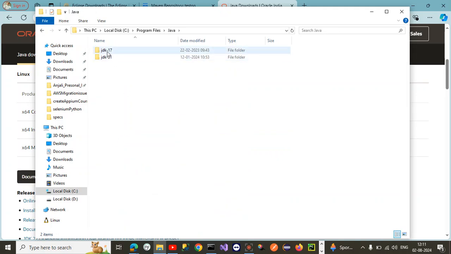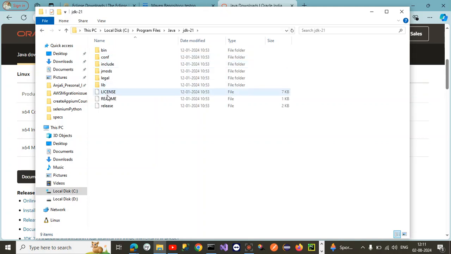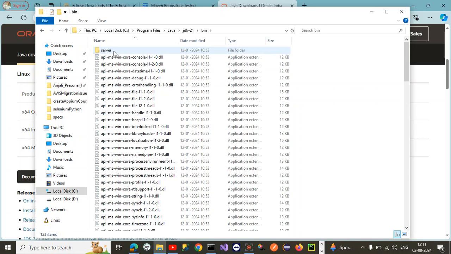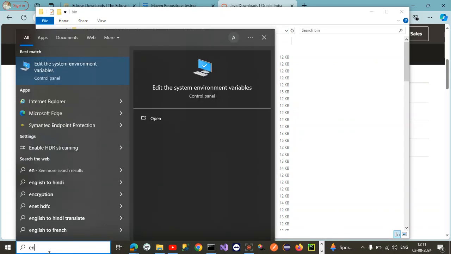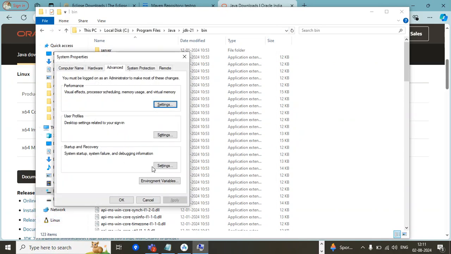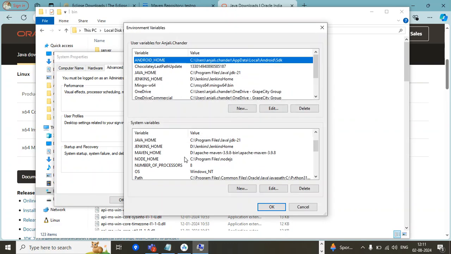Like I have installed two JDKs. Currently I'm using this one, so I have added the path for this. Go to the bin section, you can copy it and open the environment variable again.